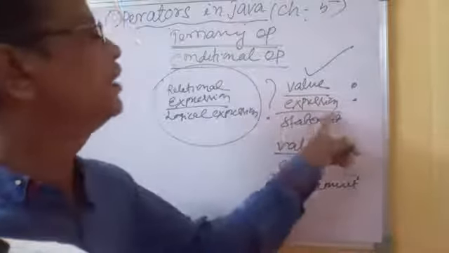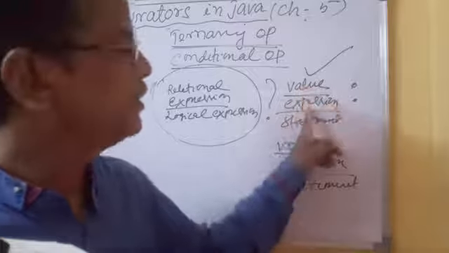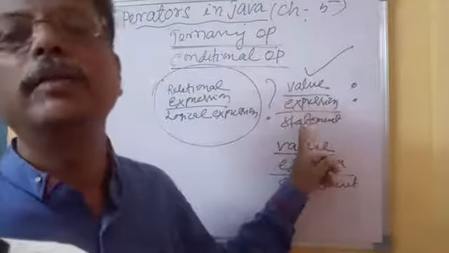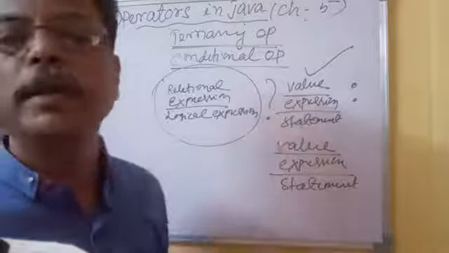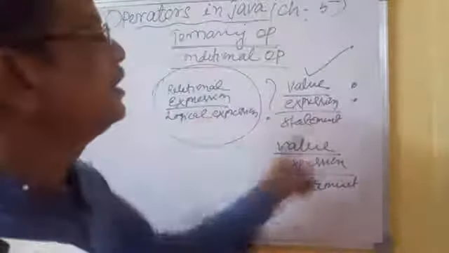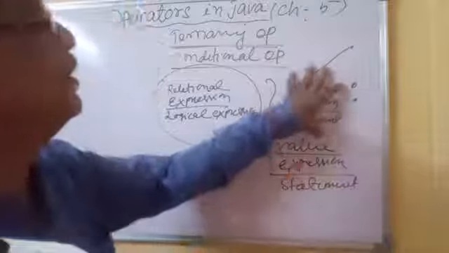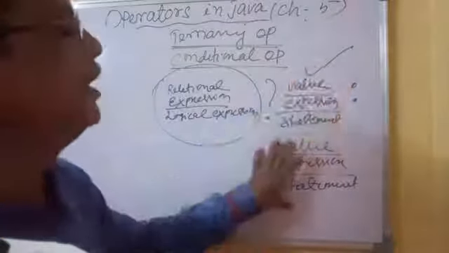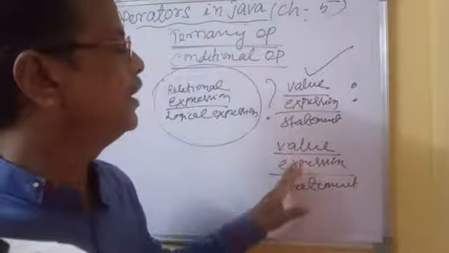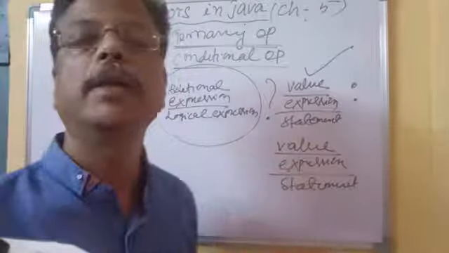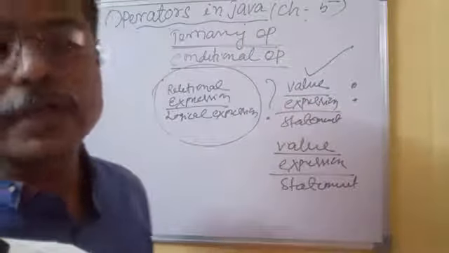After the question mark, whatever is written, it can be a value, an expression, or a statement. Whatever you write, only one is allowed. So that will be executed. And if it is false, then whatever is after the colon will execute, and this one will be skipped. This part also, in the same manner, can be a value, expression or statement, any one you can write. So in that manner it performs its calculation.